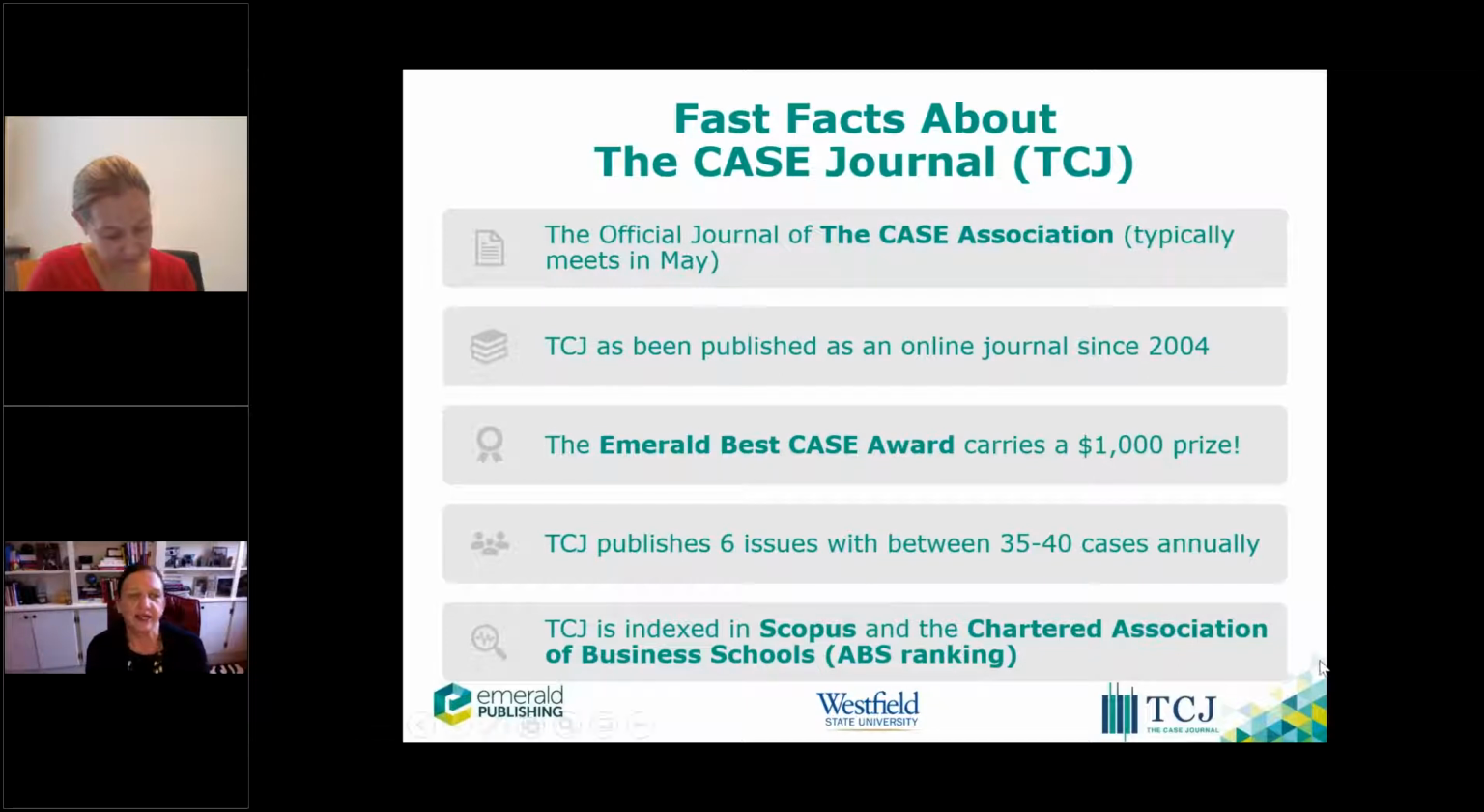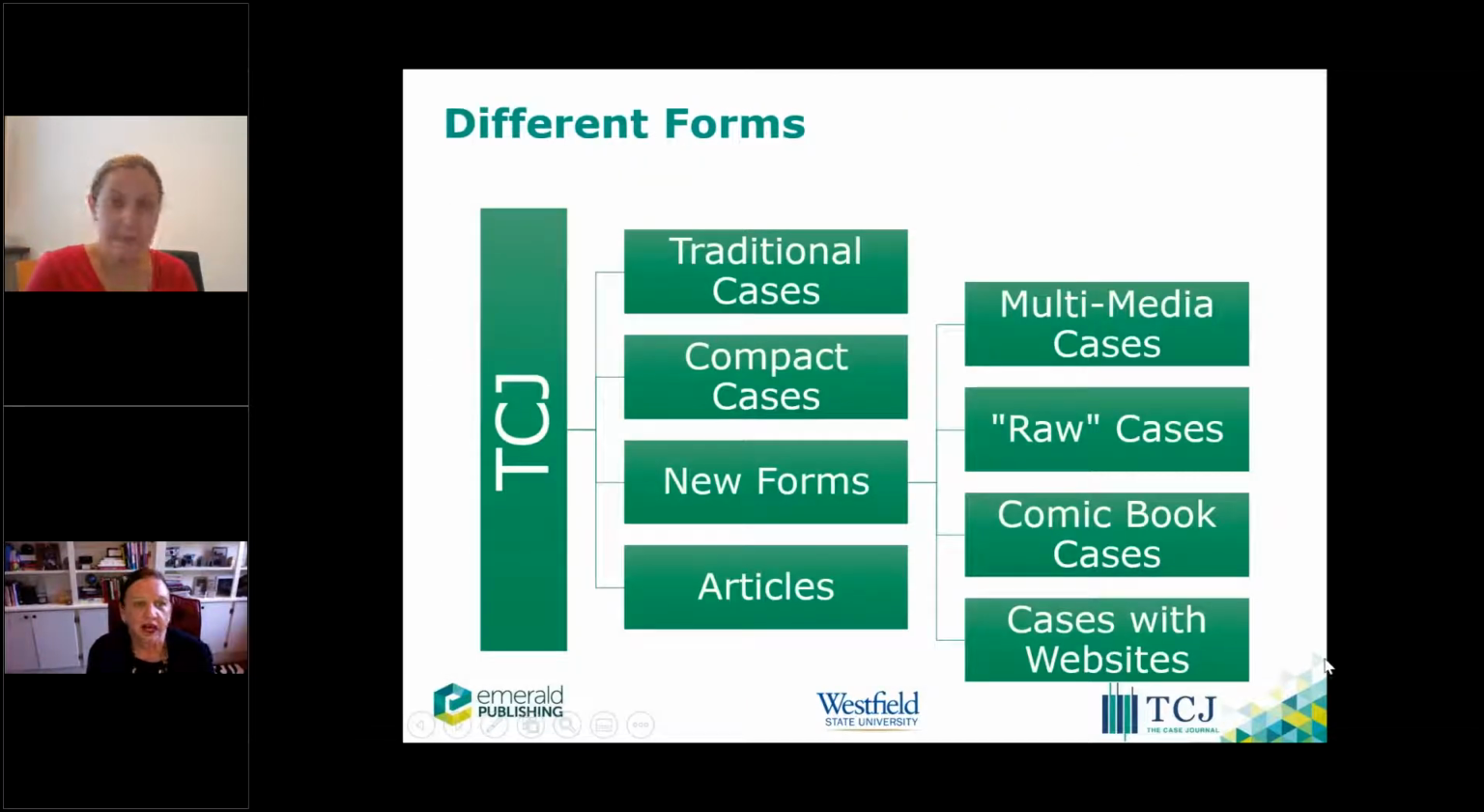So next slide. These are the kinds of things that we publish. TCJ publishes traditional cases. We'll talk about what a traditional case is, but it's like the ones that you've seen in the Harvard Business Review, Harvard Publishing kind of cases, the longer cases. We also publish compact cases, and I'll define that in just a few minutes. And then I'm kind of keen to look for new forms. So far, nobody's surprised me yet, but I would love to be surprised with a format that perhaps is unique